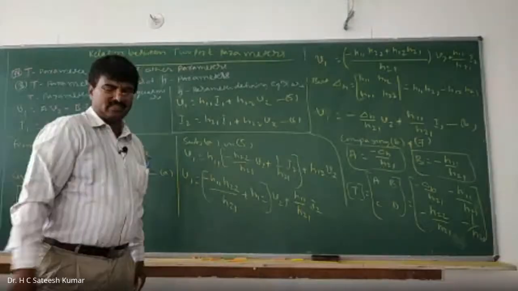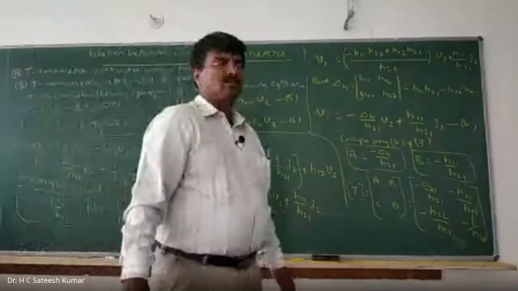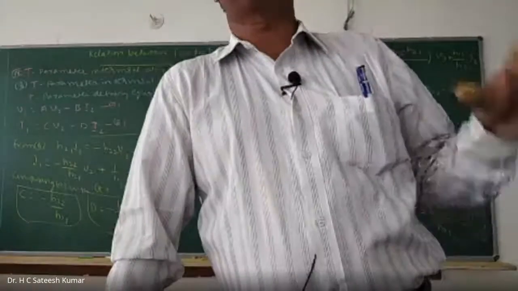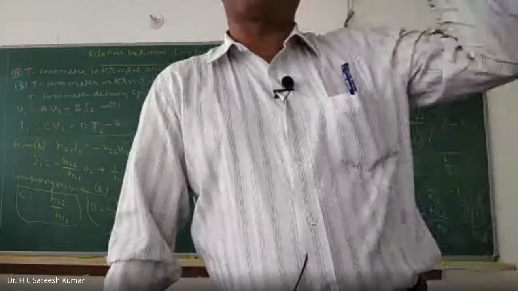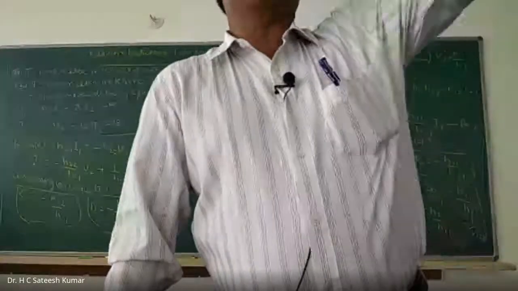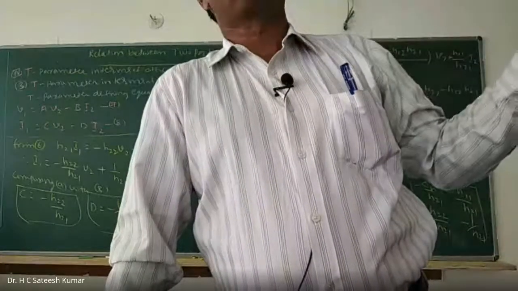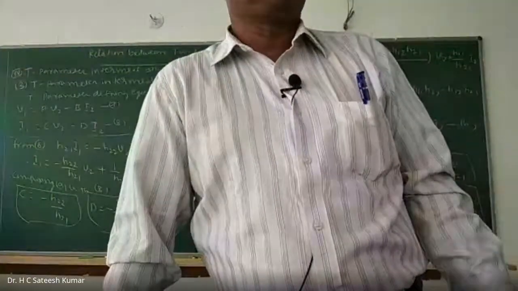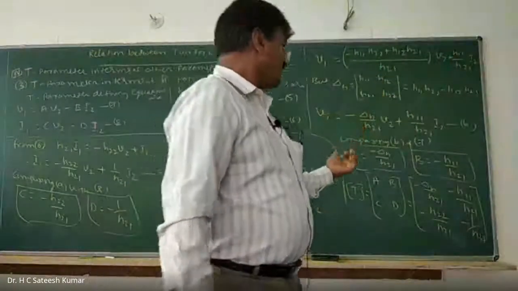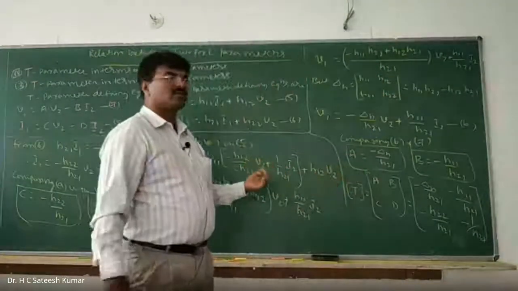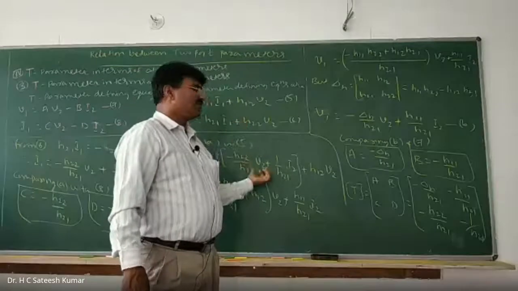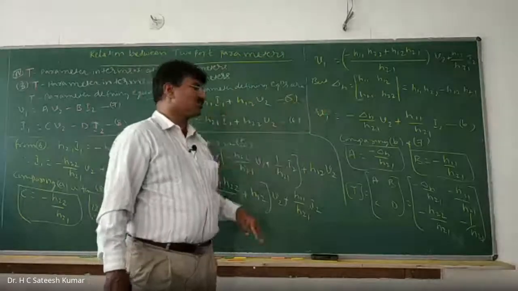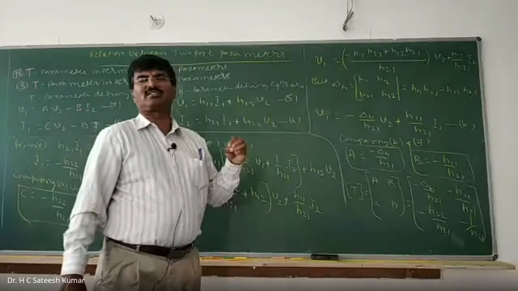So in the examination, how do they ask the question? They will not ask all the 12. They will ask like this: give the relation between T parameter and Z parameter. Give the relation between H parameter and Y parameter. That means you will have to represent H in terms of Y and Y in terms of H. Both you should do it like that. So they may ask you to find, for example, for 4 marks: represent T parameter in terms of H parameter. Sometimes they'll ask for 6 or 7 marks or 8 marks.